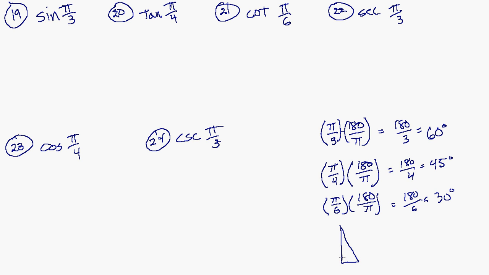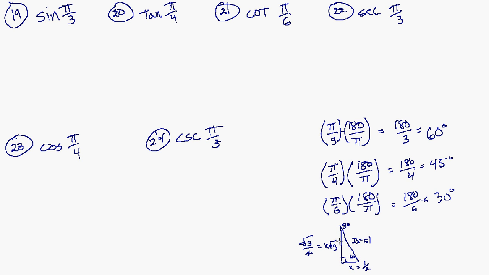if this is our 30, 60, 90, if this is x, this is 2x, and this is x square root of 3. So if this is 1, if 2x equals 1, and therefore x is 1/2, and this becomes the square root of 3 over 2. So this is equal to the square root of 3 over 2. Okay? So if this is the 60 degree side right here, and this is the 30 here,